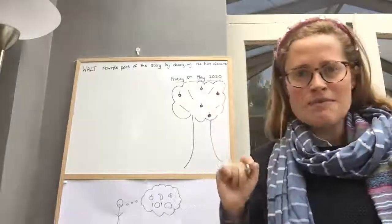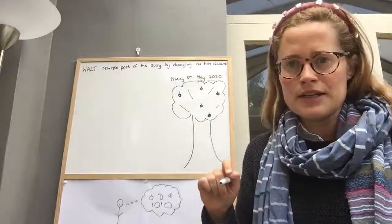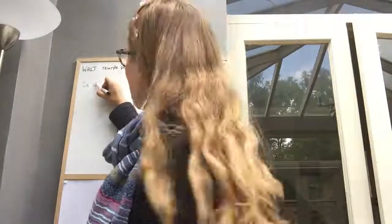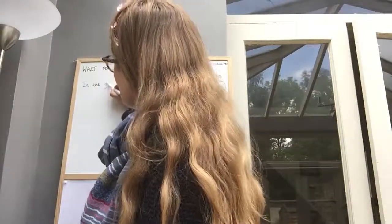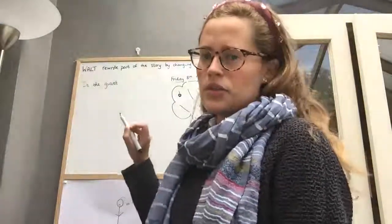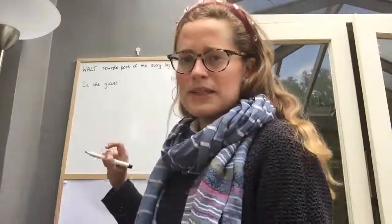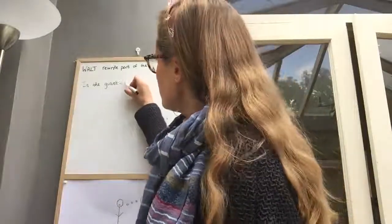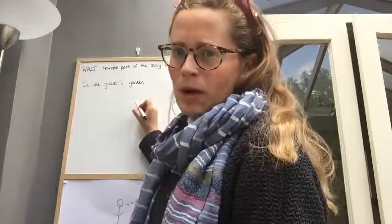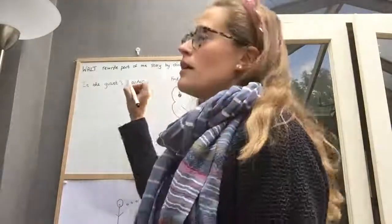So that's me using my imagination. That's what I think Jack's found in the giant's garden. So let's have a go at writing it now. In finger space, the giant. Now we haven't learnt apostrophes properly yet, but I'm going to use one here, and perhaps I can talk about them in a bit more detail another day. In the giant's garden, and then I'm going to put a little comma because I think the reader needs a bit of a break when they're reading this. In the giant's garden,